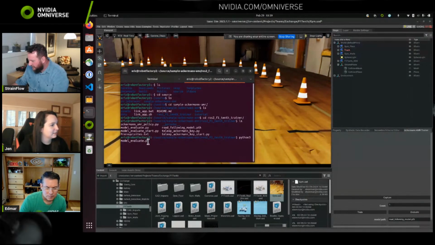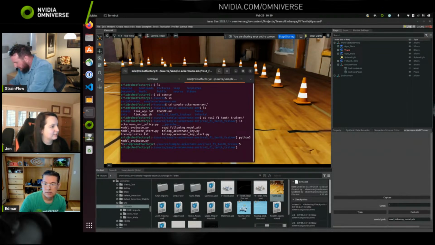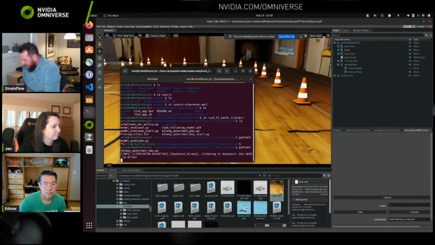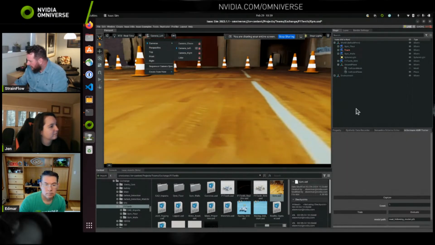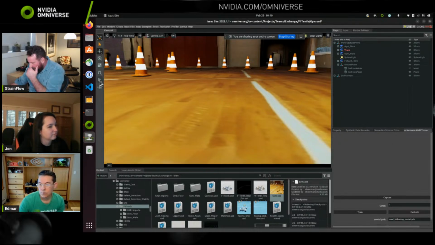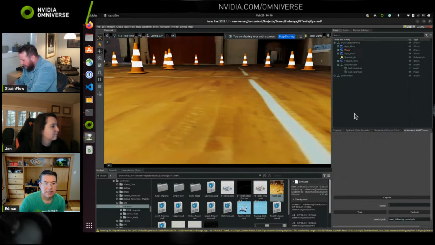Yeah. So this is the extension we'll be showing people how to use in the hands-on lab. Let me just get the controller working first. Okay. So now this is the hand controller. What this extension does, we're going to change to the left camera, is now if I run the simulation, I can drive the car with my keyboard, okay?